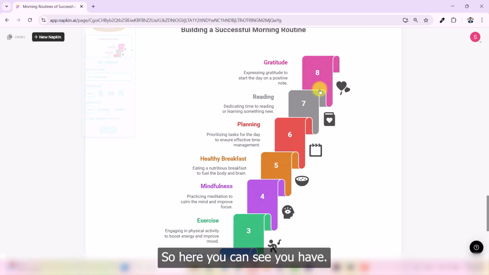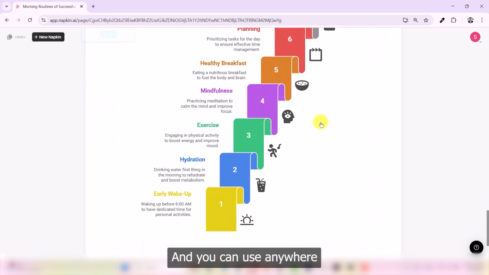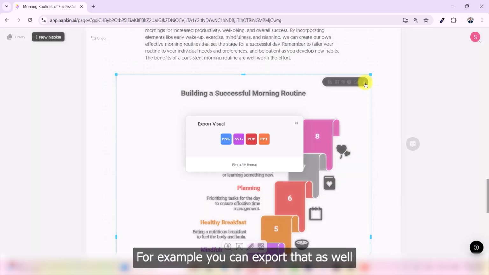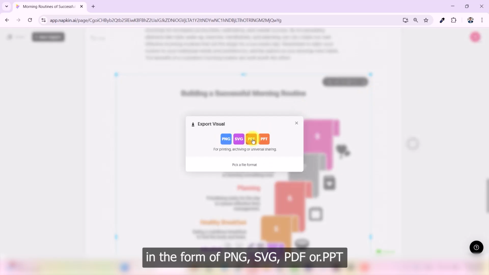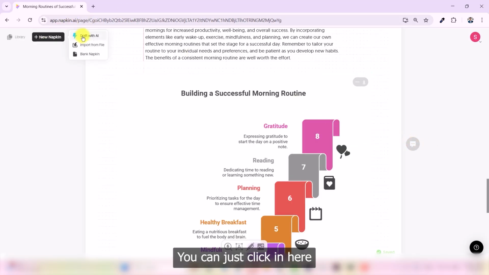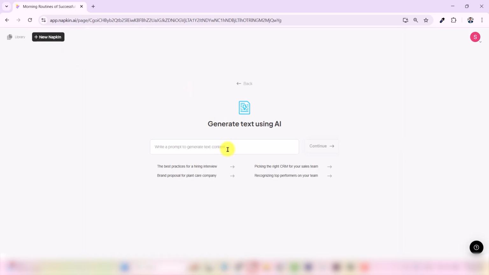So here you can see you have 8 morning routines of successful people in the form of graphics, and you can use them anywhere you want to. For example, you can export that as well in the form of PNG, SVG, PDF, or PPT. You can add another prompt in here, as you can just click in here and type a prompt as